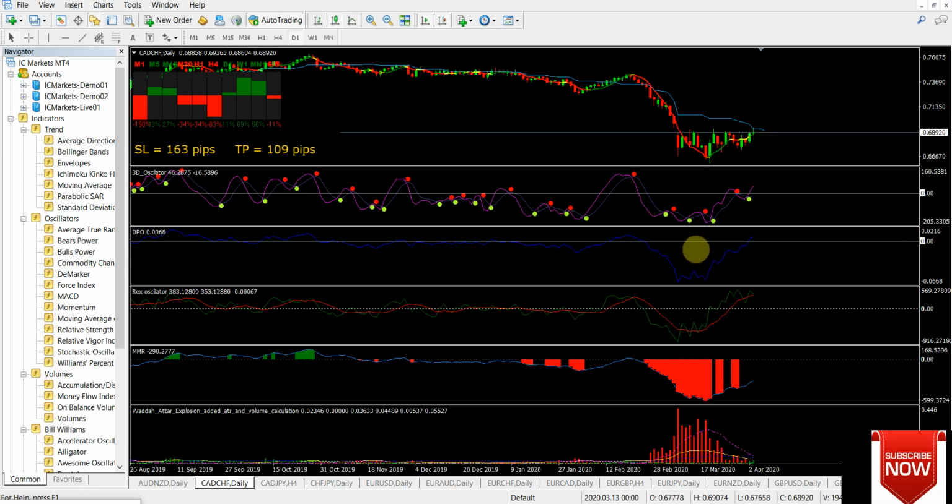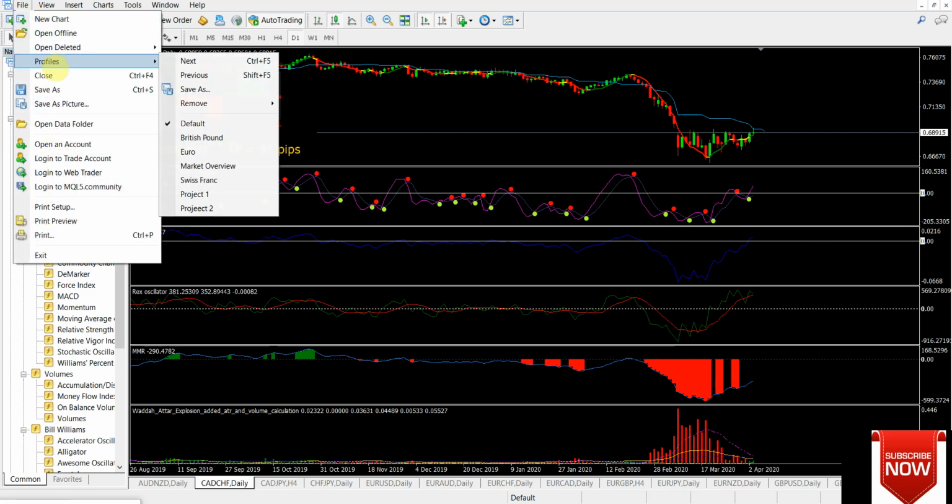If I'm happy with that, now I want to make sure that I have all this saved under a profile. My profile here, I use the one as default. You can use British pound, euro, whatever. I have only one because at the minute I'm working only on this, the No Nonsense Forex way. This is my structure at the minute, so I'm not looking to change anytime soon. But if you have a different one and you want to save it, you go Save As,